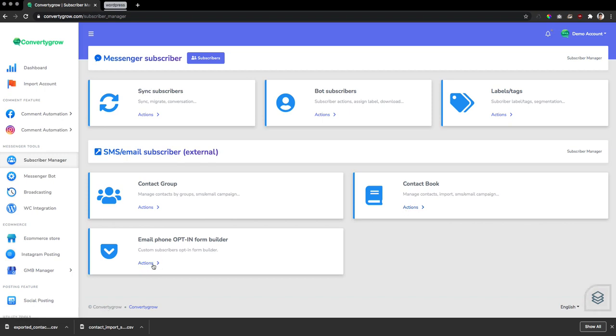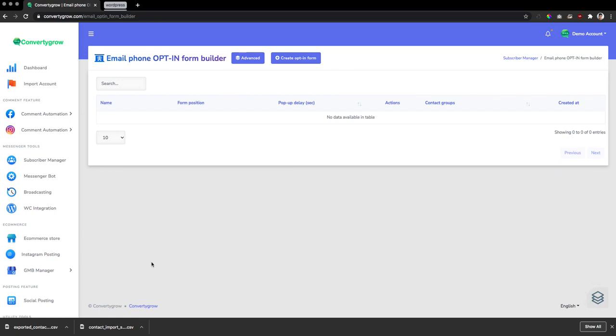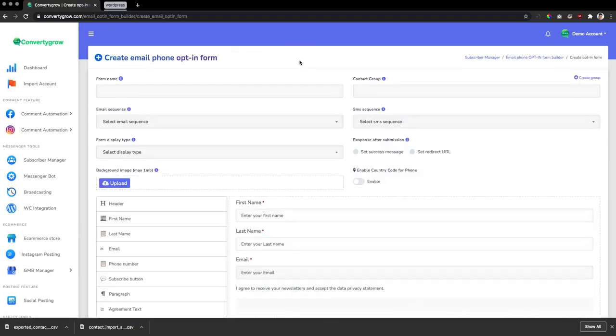Okay? To do that, click natin tong actions. And then we need to fill up some of information by creating a create opt-in form. So, click natin to. Yan. So, first is kailangan natin mag-select ng form name. So, in this demo, I will use